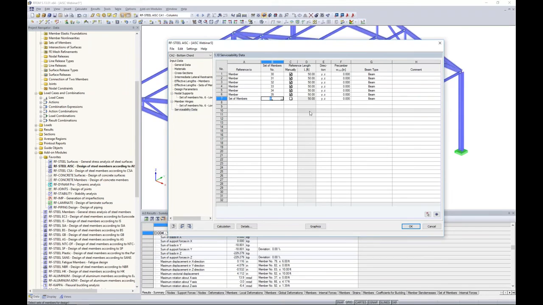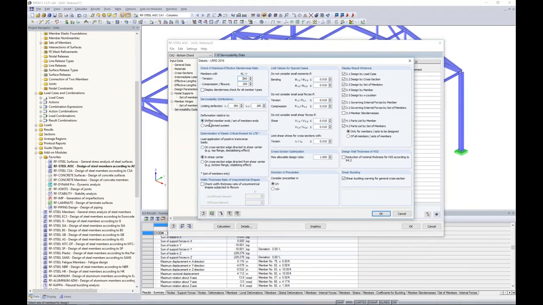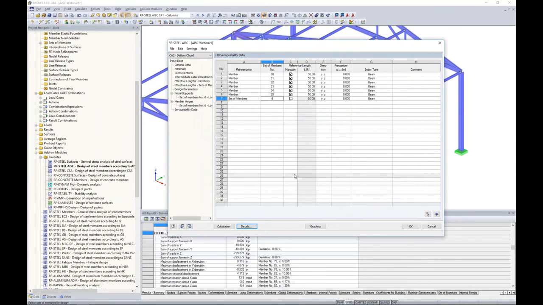I click OK. This is set to 50 feet by default, so that's great. So now we're kind of comparing the same thing here. We should come up with the same serviceability check. But the one thing we do need to do under the details button is change this option here, the deformation relative. We cannot use the shifted member ends. That's just not comparing apples to apples. We have to use the undeformed system. Otherwise, we're going to get extremely different results. So in order to compare sets of members versus members, we have to compare that to the undeformed system,